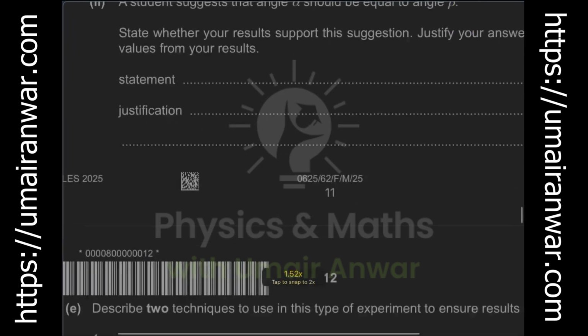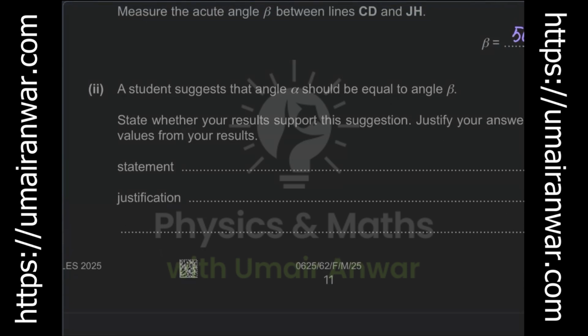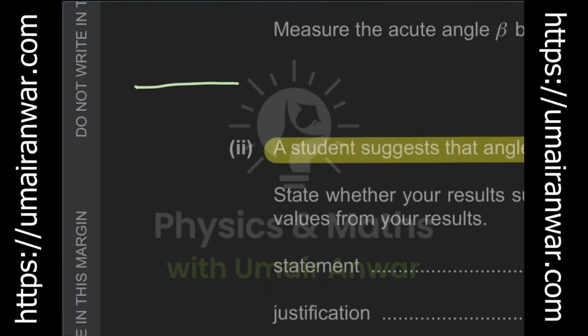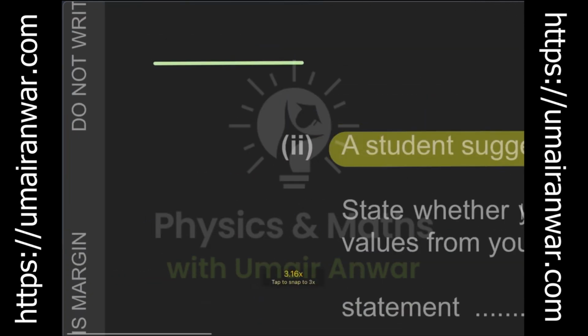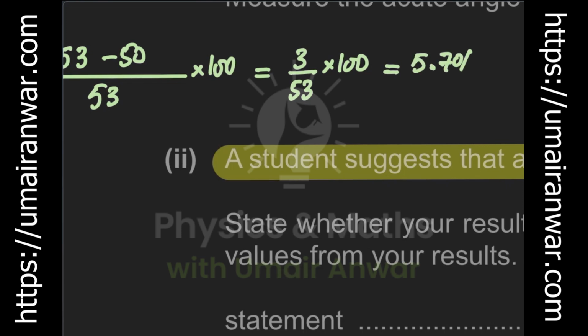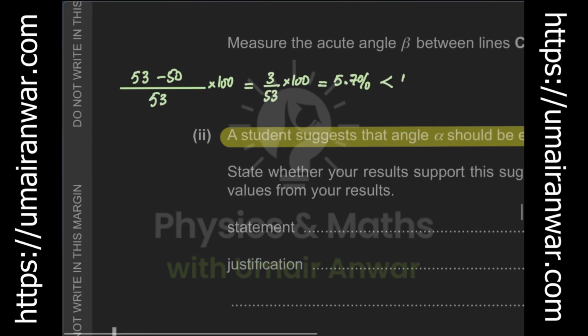In order to check whether the two values are the same or not, we have to go through the same procedure. We have to find their difference. So the first value is 53 and the other one is 50. So the difference is 53 minus 50, divided by the starting value of 53, multiplied by 100. So we are getting 3 divided by 53 multiplied by 100, which is approximately 5.7%, which is less than